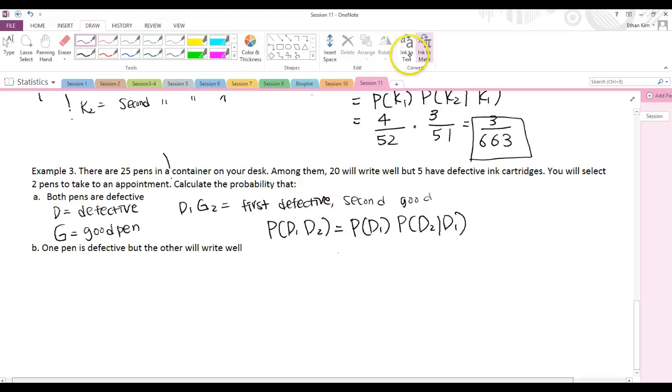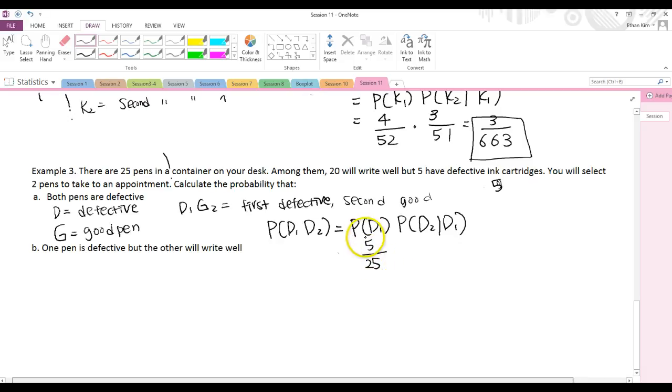So what is the probability of getting a defective pen? We have 5 defective,